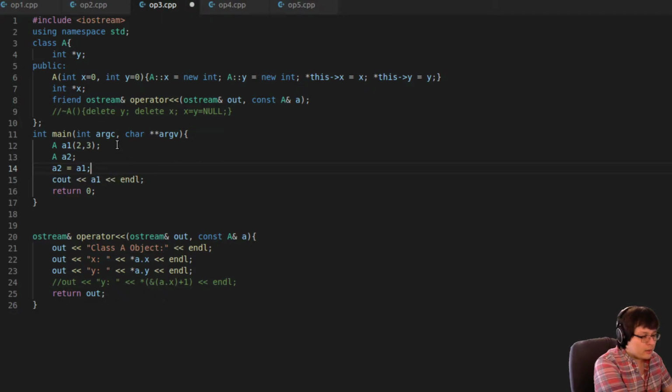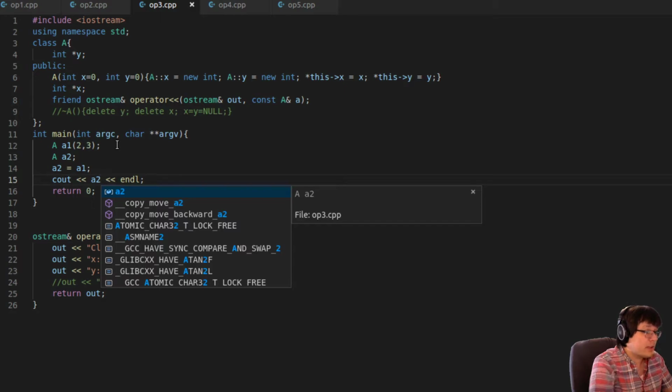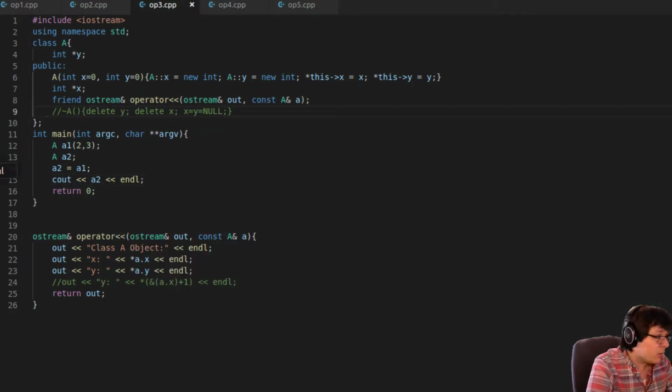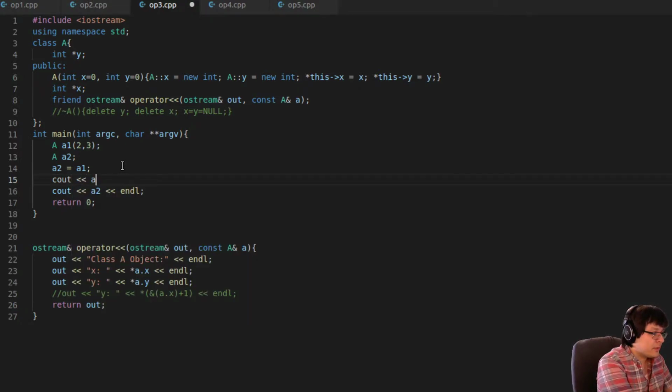right? So normally this would be fine. In fact, I mean, it's currently fine right now if I do this. Like, you will see that A2 and A1 contain the same thing. So like, if I actually put two cout statements,